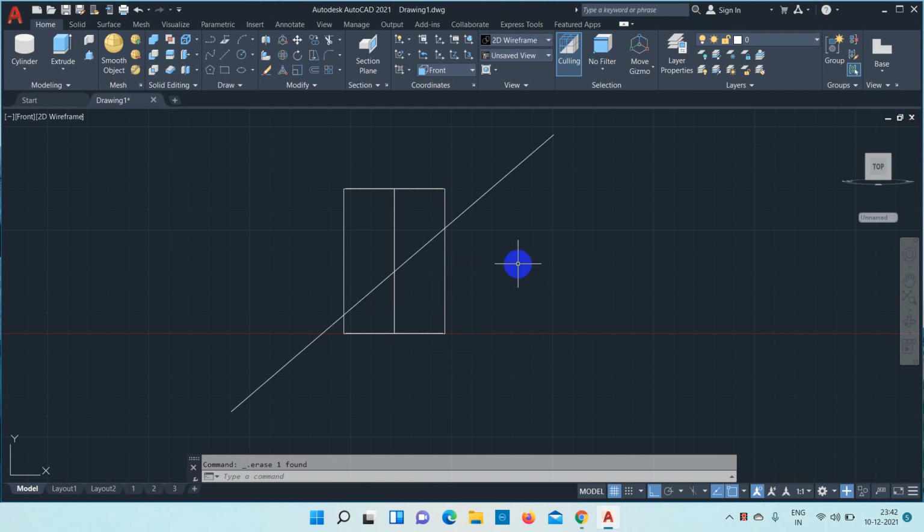Okay, now we'll apply the procedures that we have followed in the previous question. So click section plane, select from here to here.